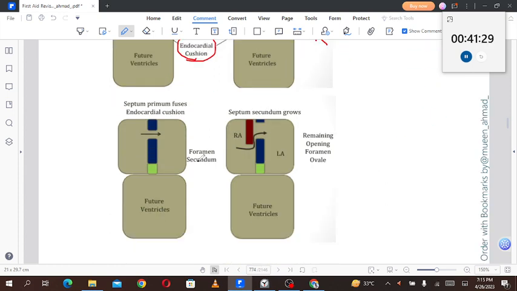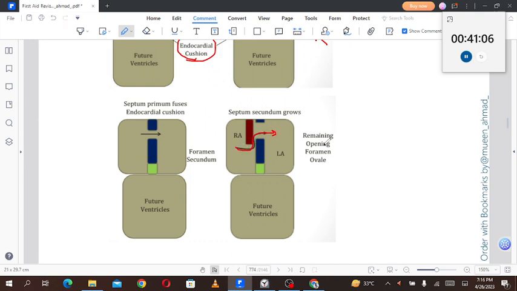Okay, so here you can see that septum primum fuses with the endocardial cushion. So septum primum has fused all the way with the endocardial cushion, and a secondary foramen is formed that is called foramen secundum. Now, in front of the foramen secundum, another septum starts descending downwards, that is called septum secundum. Now this septum secundum will keep the foramen secundum patent, and there will be a right to left shunting in